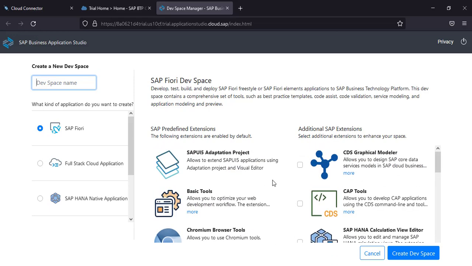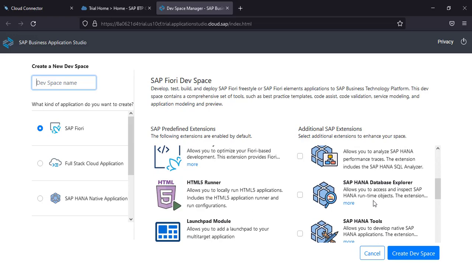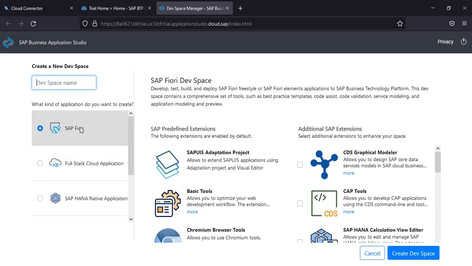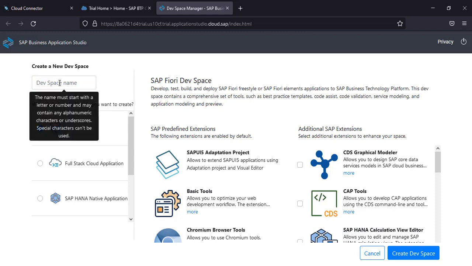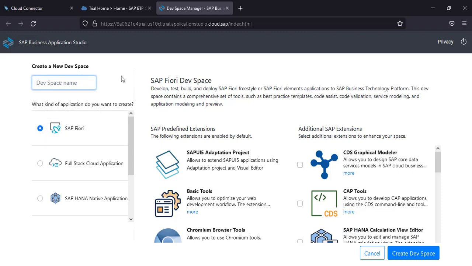We are seeing the simplest stuff for now, but in some of the future videos we might be looking into some of these. Okay, so our main goal is to create the Fiori application. These are all different options. I will be using the Fiori application, and will be giving a dev space name. So I will provide a name